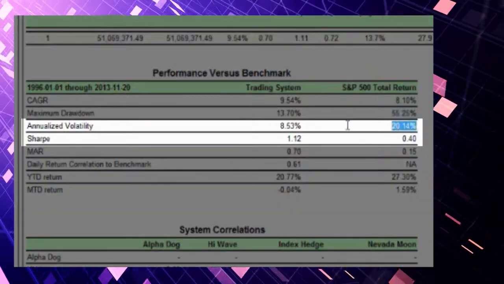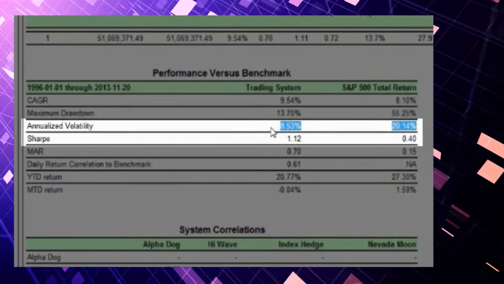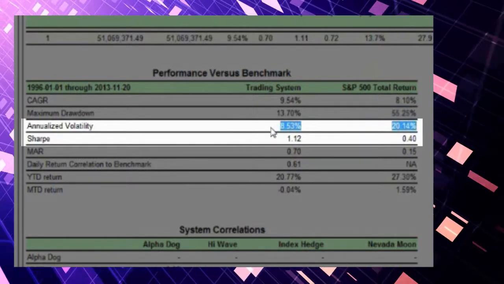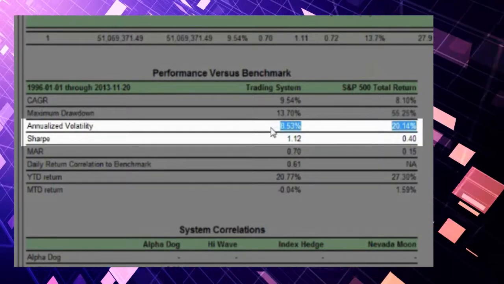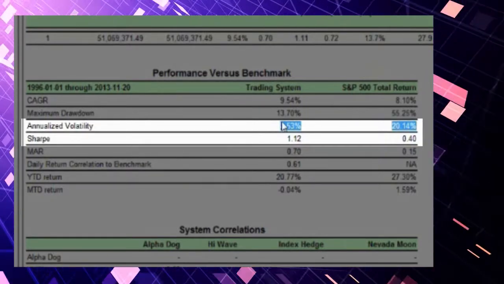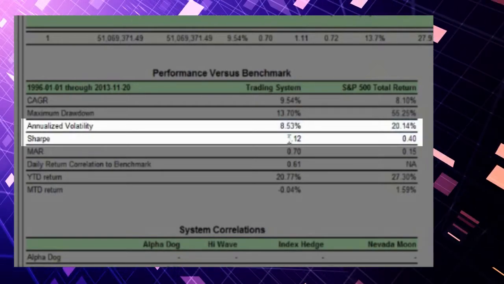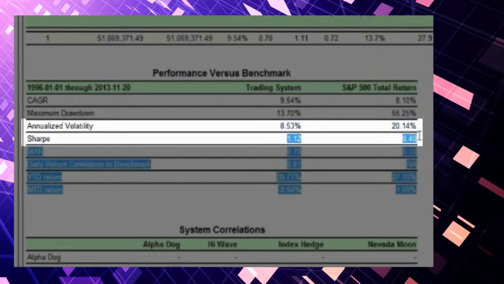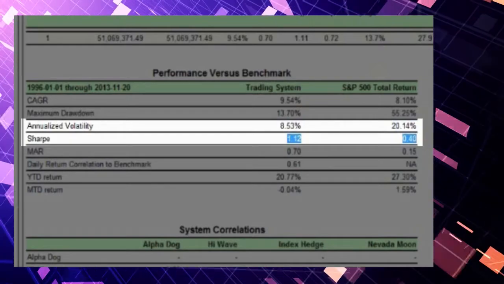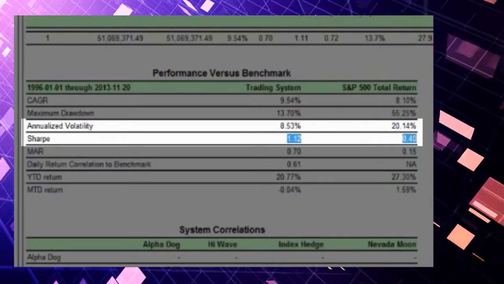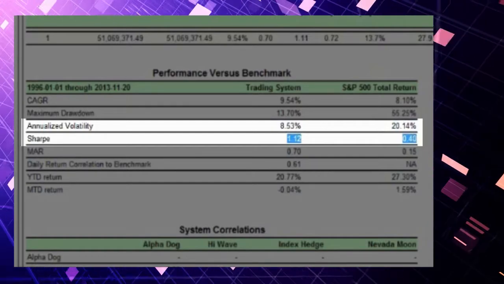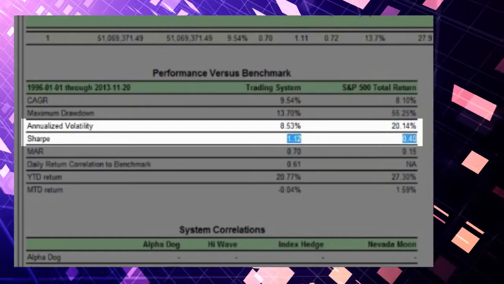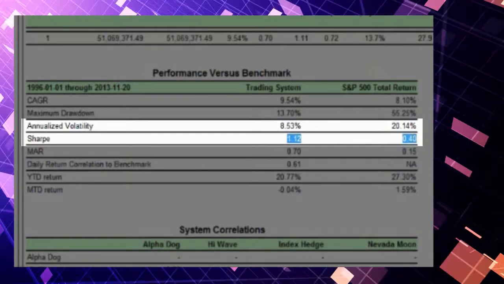We also like to measure risk in terms of annualized volatility or standard deviation, and once again, we're taking less than half the risk of the index to give actually superior returns, and all that's really encapsulated in the Sharpe ratio, which is a very popular metric that investment managers and investors typically like to look at, because it measures how much return do I get per unit of risk that I'm taking,